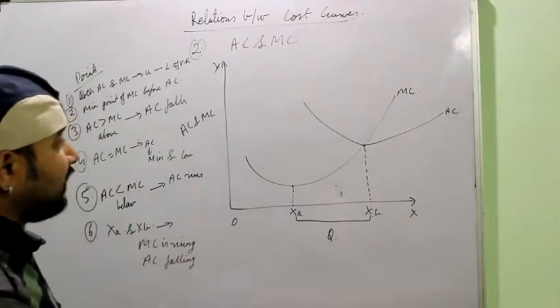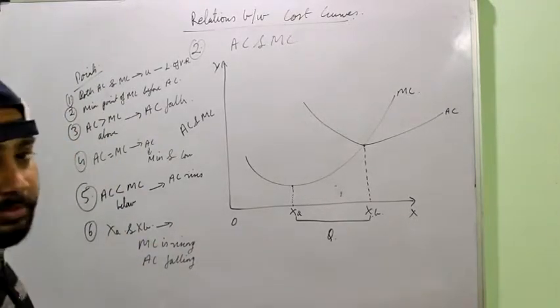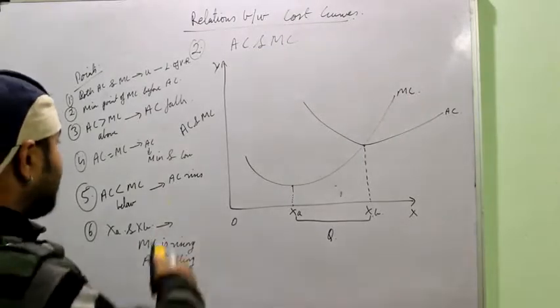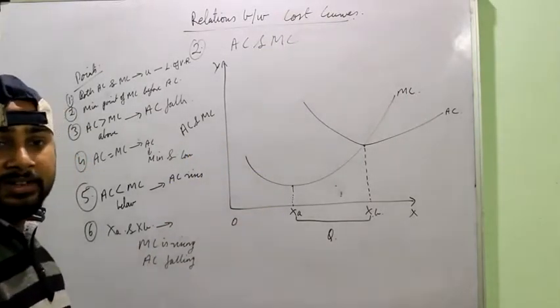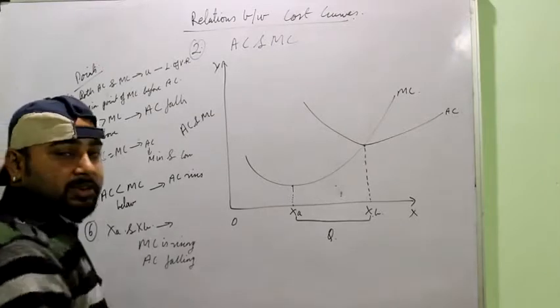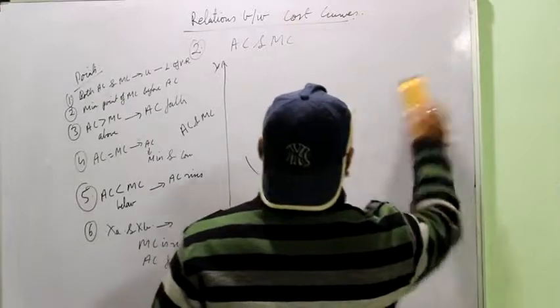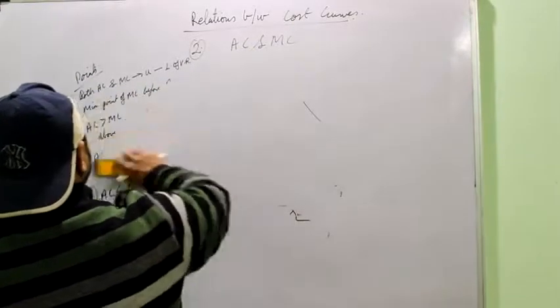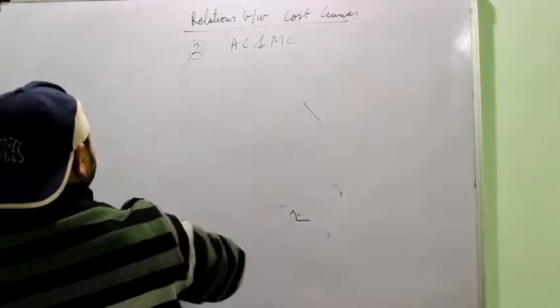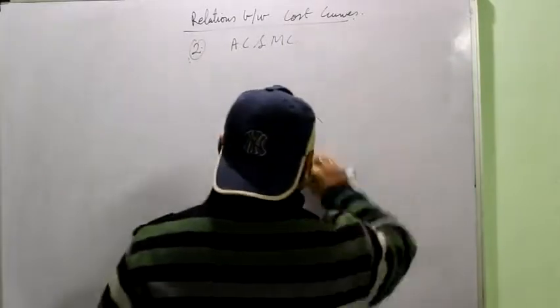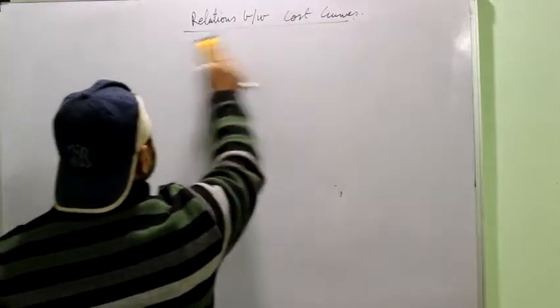Because these are very important things. If you do not use these things in your question paper, then there is no point in understanding all this, right? And economics is a subject where you have to understand and use it after understanding, right? So this is the important relation between AC and MC curve. Then third relation is